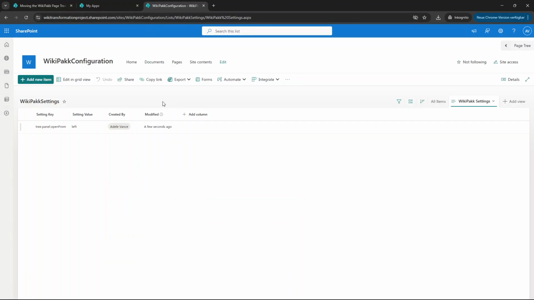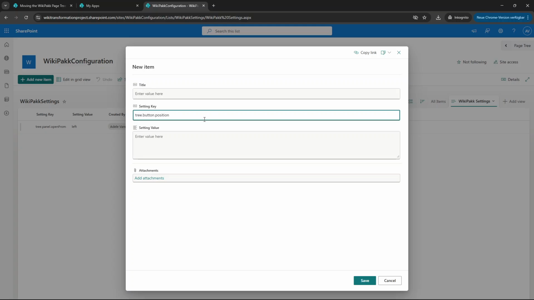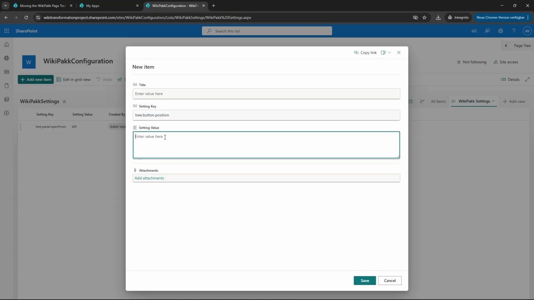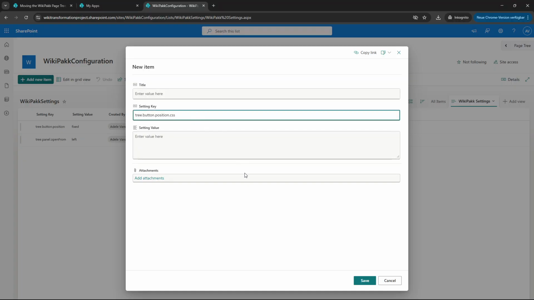And you go back to the WikiPakk settings list, and now add two new items. One item, the first one is tree.button.position, and this gets the value fixed. And then you add another item, and that is called, let's copy that over here, tree.button.position.css. And as value,